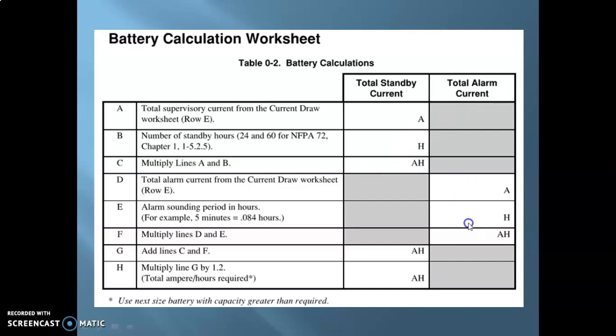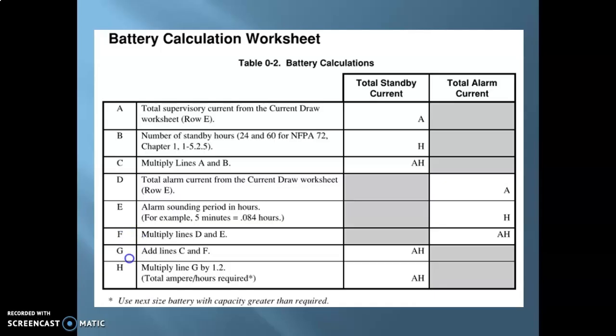Now for the total alarm current, again all the devices will also have a current draw that will be much larger than the standby current draw. And then you just take a total of the amount of current that will be drawn for all the devices, or the total alarm current. Okay, and for example, let's say that you need to operate all these devices for at least 5 minutes in alarm condition.